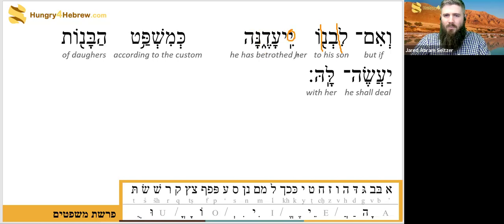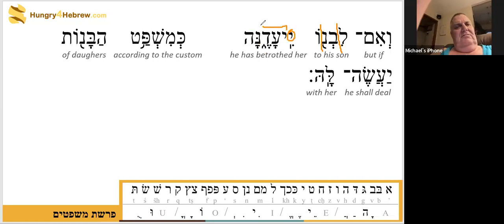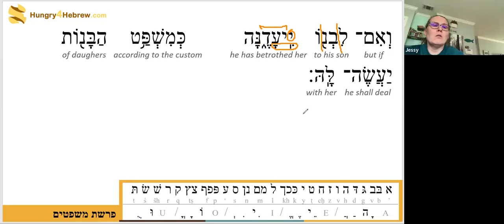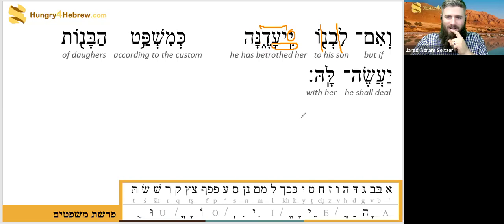There's your root. We have an e-a pattern. E-a is going to be nifal. Yes, nifal. So if she is to be intended for his son, that is betrothed,